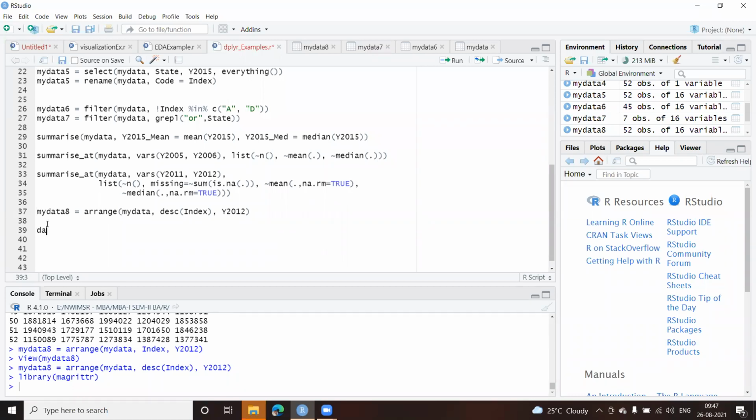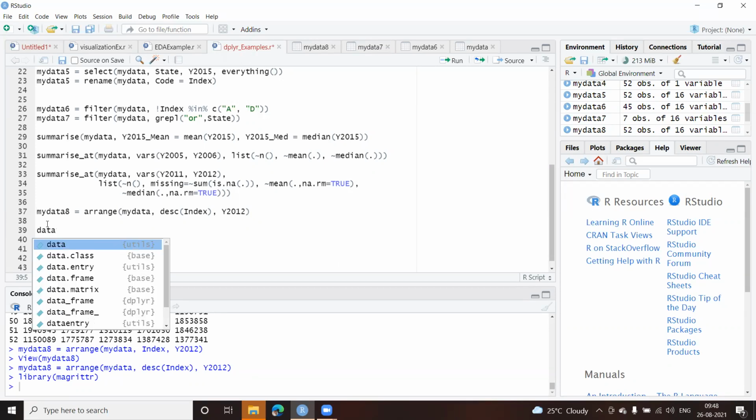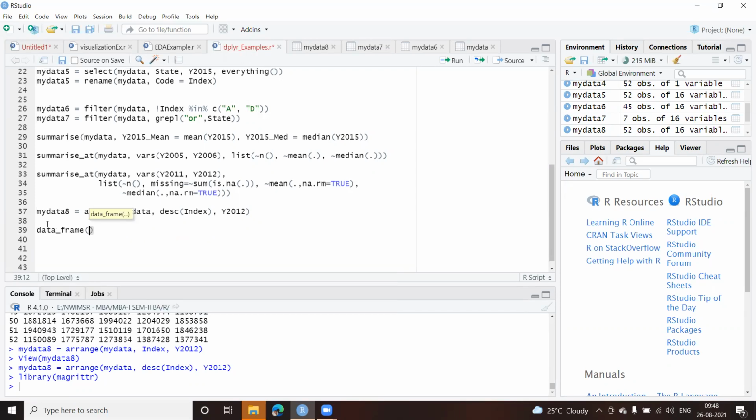Let us create one value, using some data frame and a filter. It will be a combination of a filter and the data frame. So I can give data underscore frame, like this. Or just take an example.